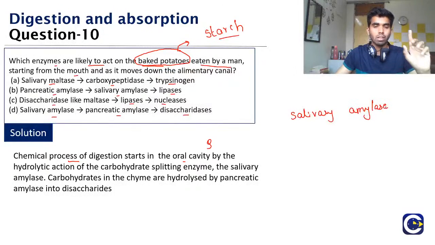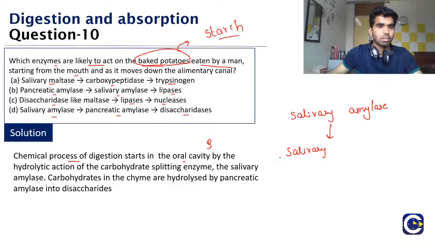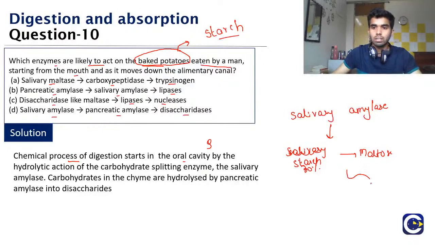And the first component of the food that is digested or broken down is starch, and that is broken down by the salivary amylase. So this salivary amylase breaks down this starch. It acts on the starch, then it forms maltose. From 30% of the starch is converted into the maltose. Then this maltose reaches into the